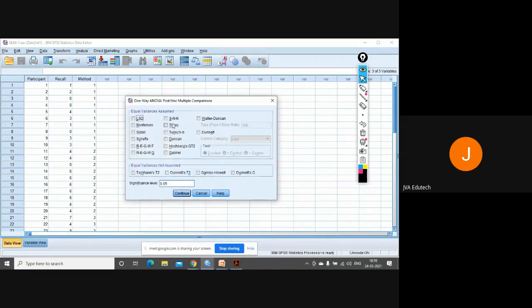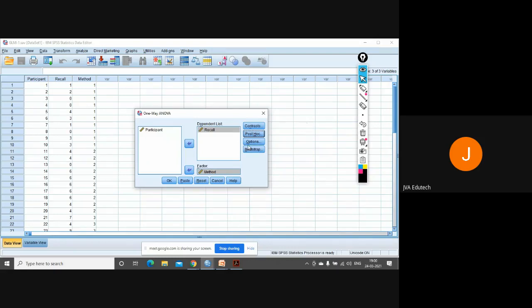Normally in social sciences, for one-way ANOVA, we use the Tukey method for post hoc or multiple comparison. Continue. Contrast we are not taking because we haven't hypothesized. We don't know which method will perform better. If we knew, meaning we had an a priori hypothesis about the difference in the groups and could guess which group will differ, then contrast, otherwise post hoc.